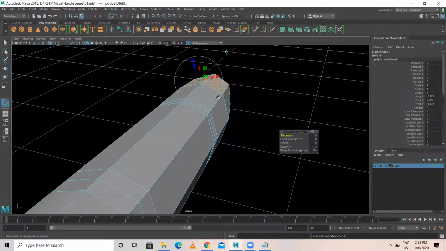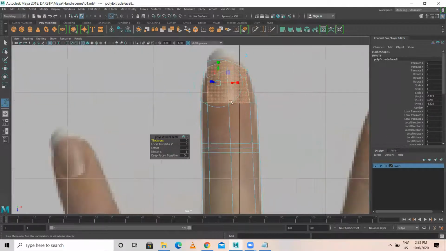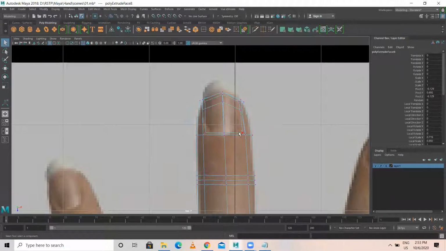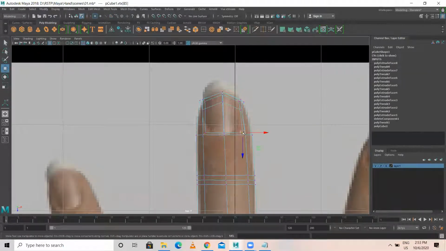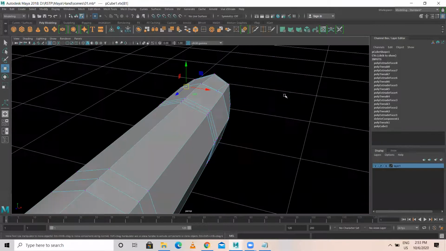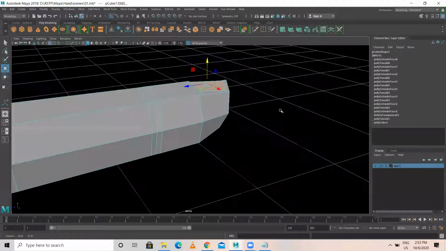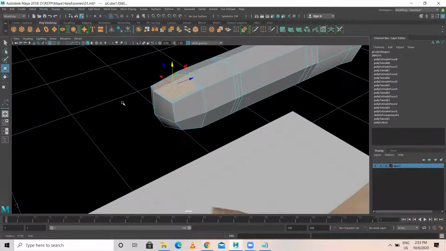First you extrude this. Something like this. Then what I'll do, select these 2 faces again.